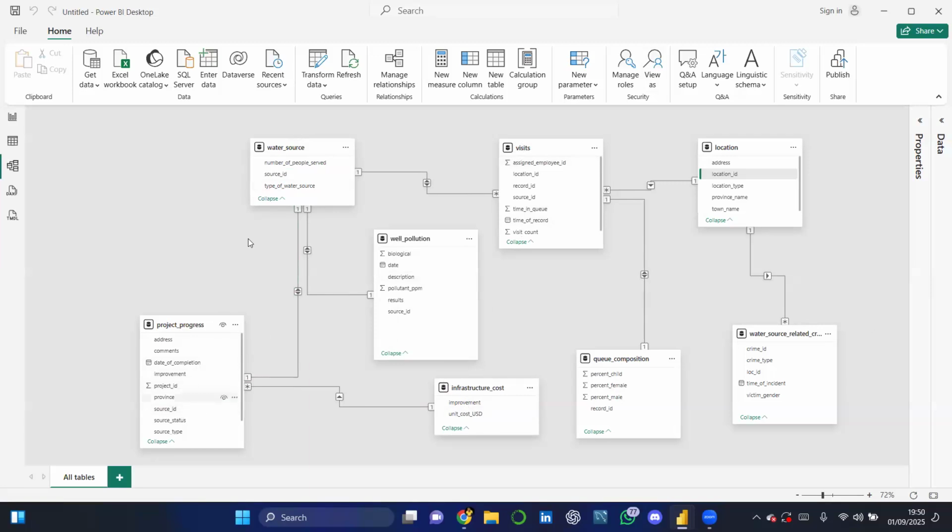Source ID is related to water source. So actually, if you work around with these tables, starting with the visits table, you'll be able to join all these tables, all of them, into a single table, as long as they are related to one another. So you can do that, you can join them, or you can change the direction of filtering